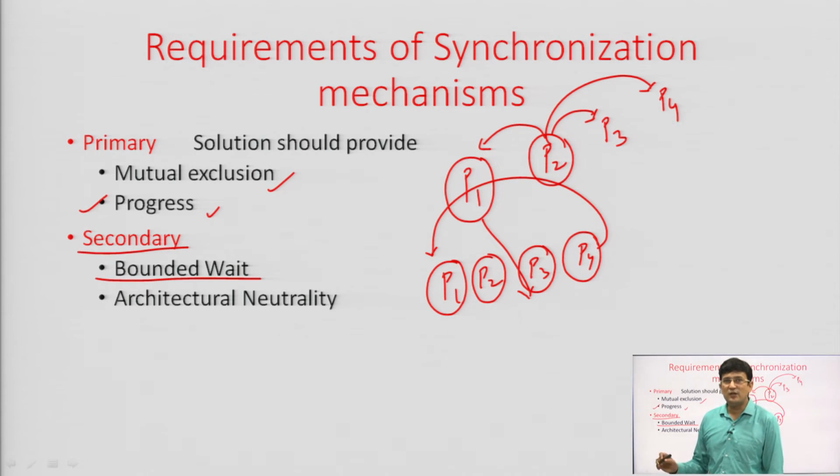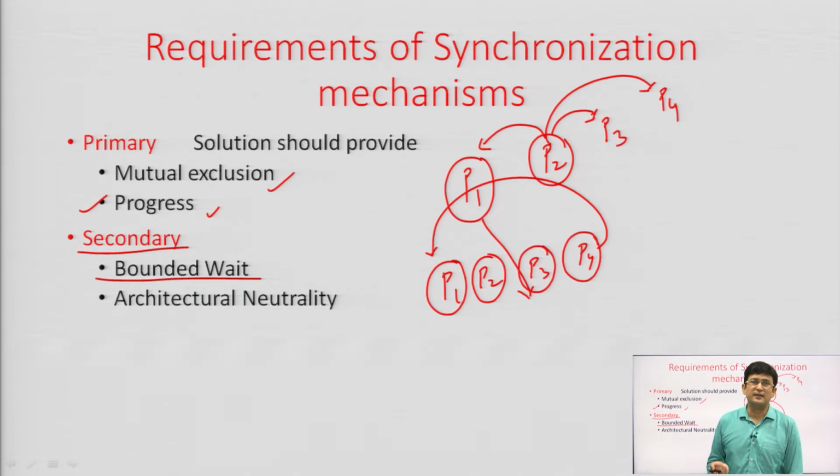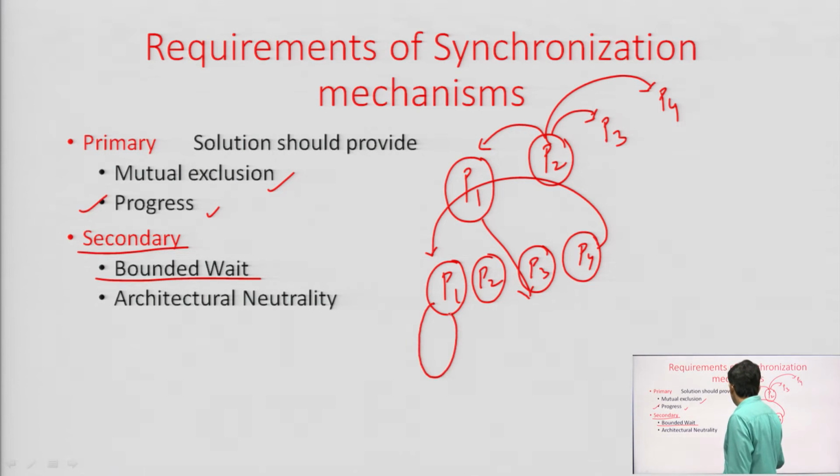Now, if you are devising this algorithm, then we will say that the bounded waiting is satisfied. There should be a restriction of the time after which a process is guaranteed to get the critical section. It should not happen that one process is interested in the critical section and it keeps on executing. If P1 is executing the critical section again and again and not giving the chance to the other processes for the execution of the critical section, then we will say that the bounded waiting is not satisfied. So, the bounded waiting condition says that there should be a defined time after which a process is guaranteed to get the critical section.